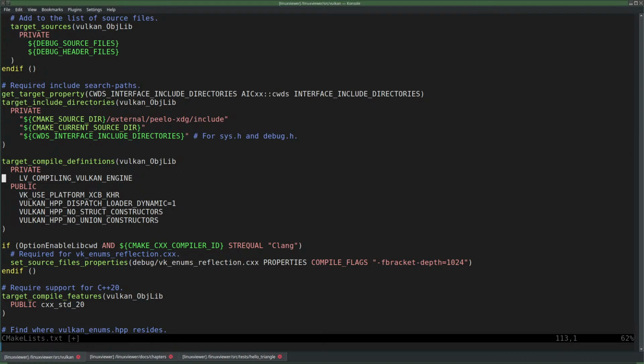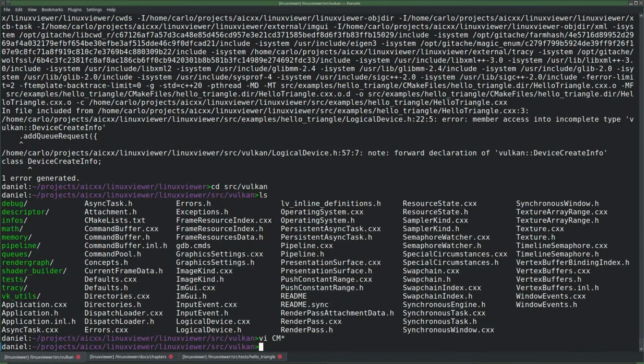Hey, that should work. I suppose I can test that. It is not defined.